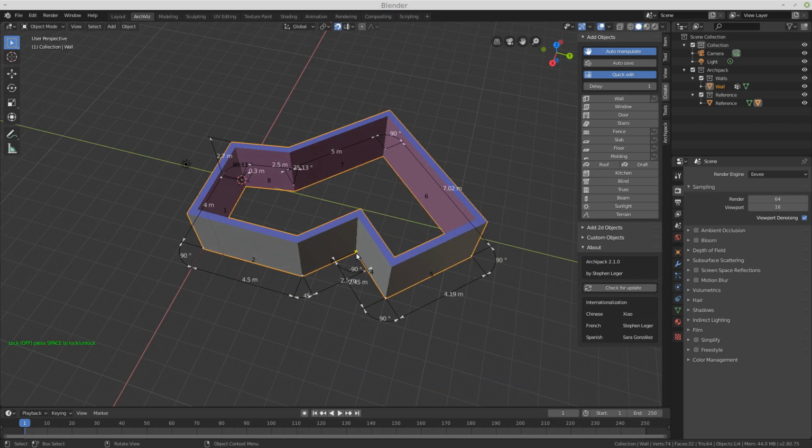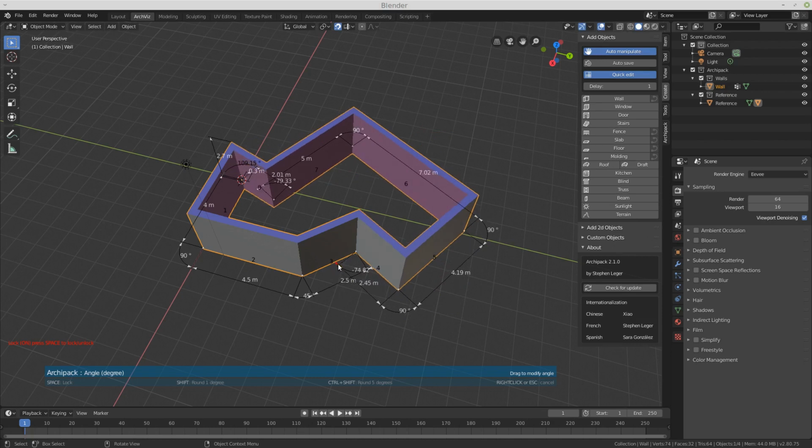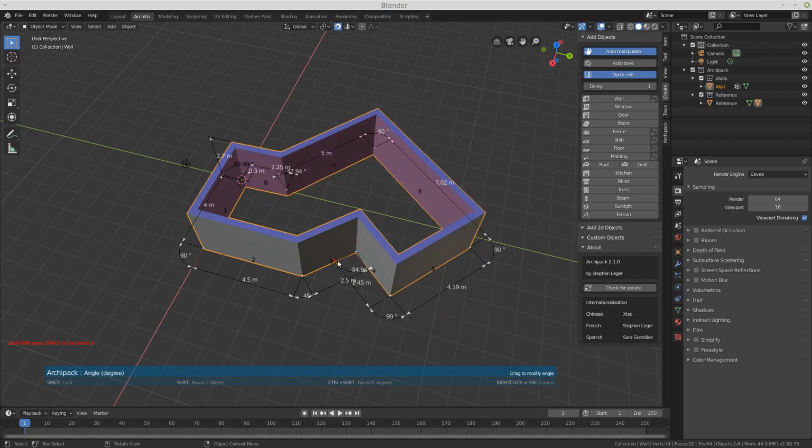But sometimes, if you want to rotate the whole part, you may use this one, and then, as you can see, every single segment next to this one will follow.